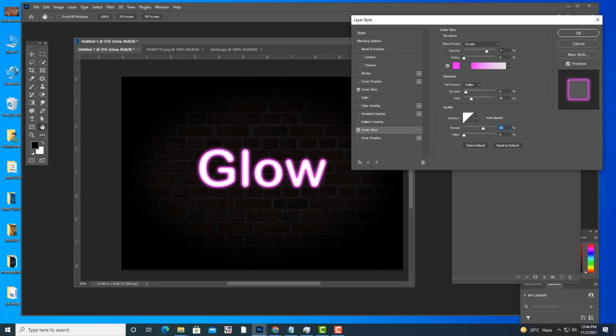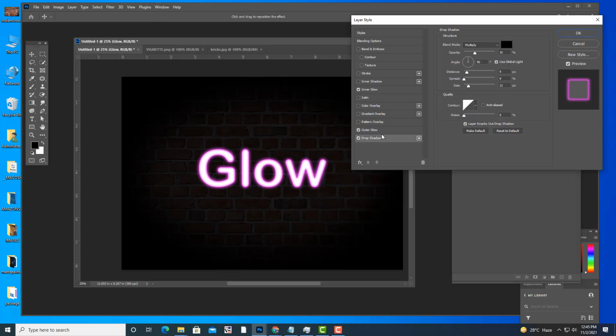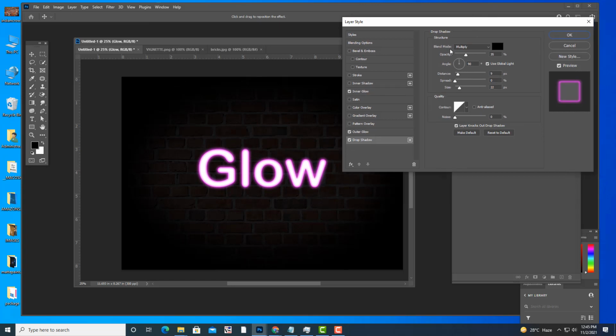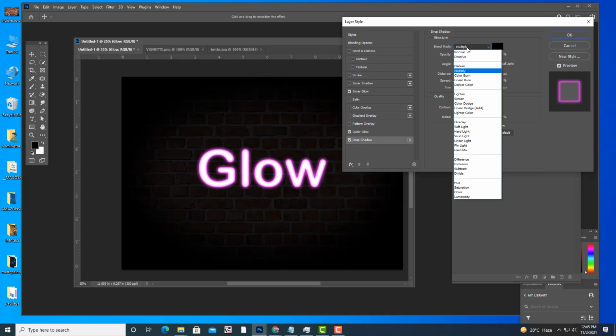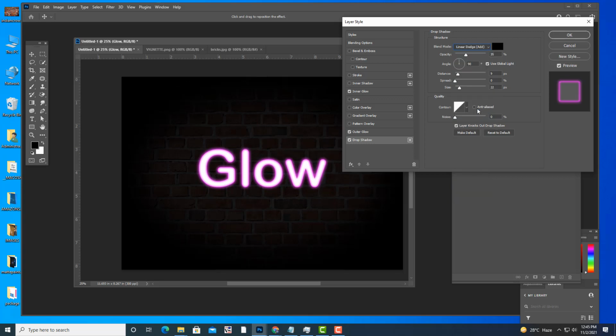Now the next important option is drop shadow. So we will select this drop shadow. For drop shadow, we have to change the blend mode. What is the blend mode for the drop shadow? Multiply, but we will select Linear Dodge. We have already learned about blending modes in the layers class.